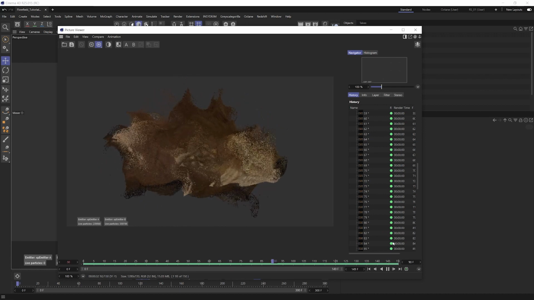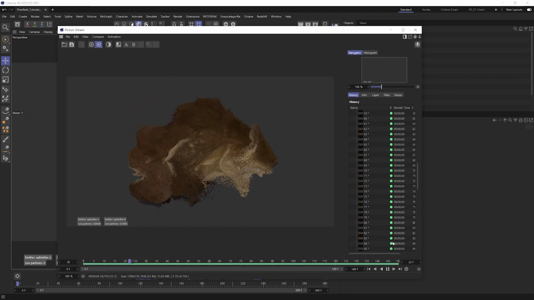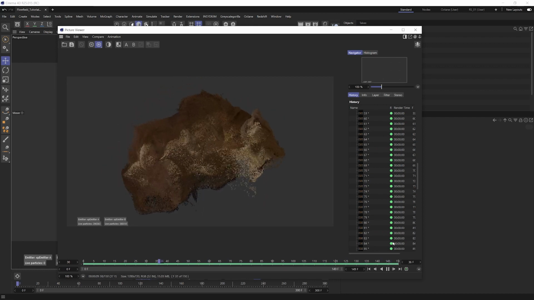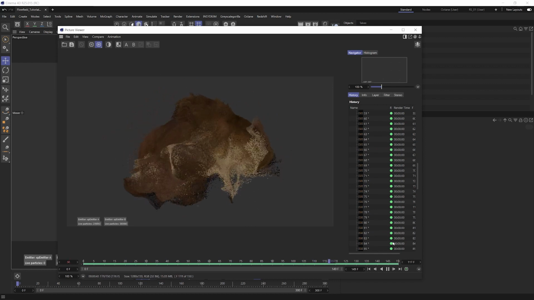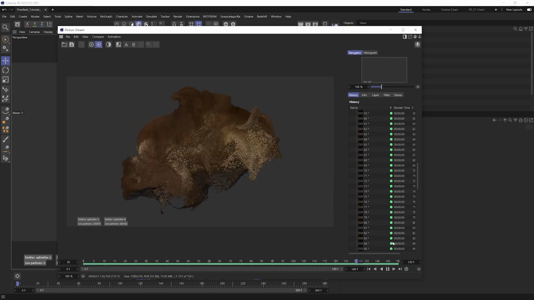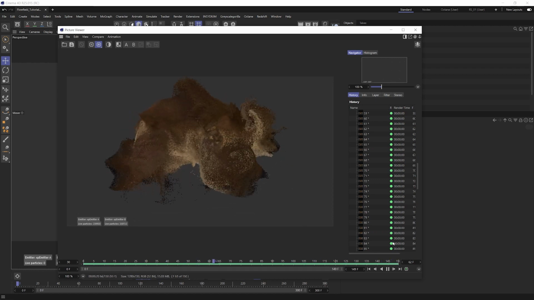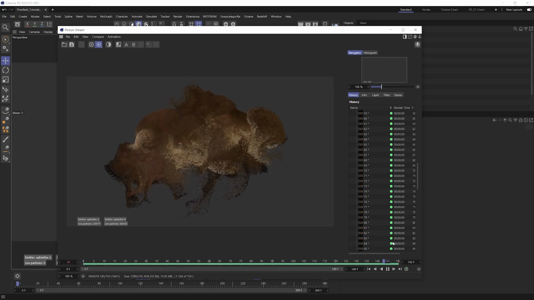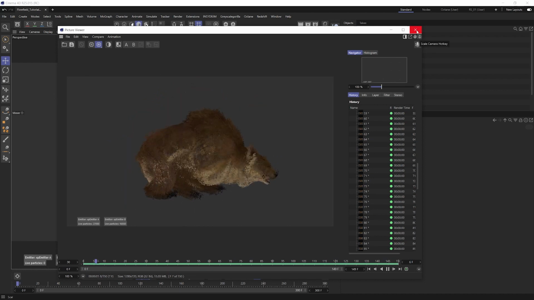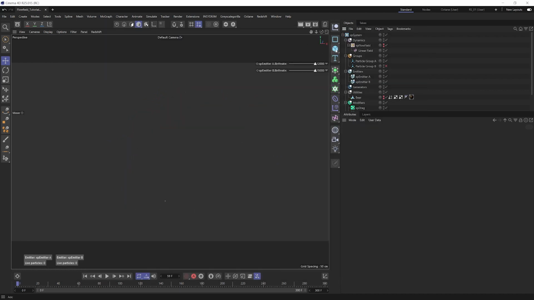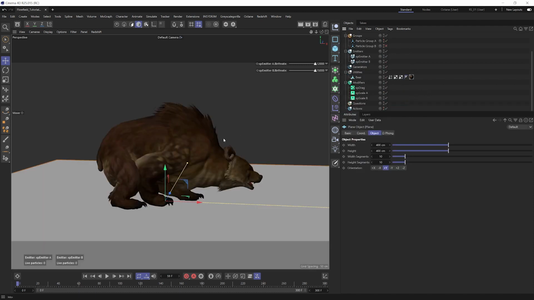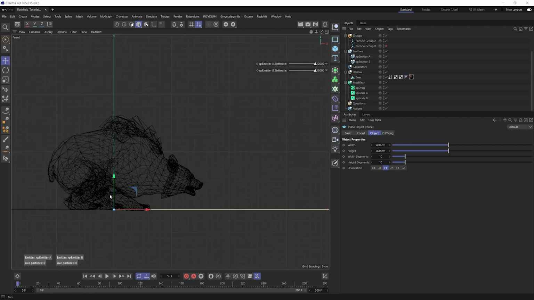Now here we are, back with the first flipbook. I can see right off the bat that it seems like the particles are living too long. However, we can control that a bit more once we render, since the particles are going to scale down, which is not displayed currently. Now for the sake of this tutorial, I'm just going to add one more thing to the scene, which is a ground plane that has an XP collision tag on it. So I'm going to close the picture viewer, create a plane object, unhide the bear so I can check if it actually sits on the ground, which it seems to do